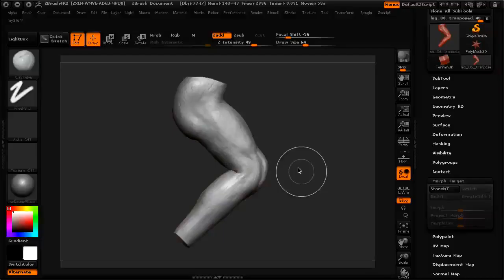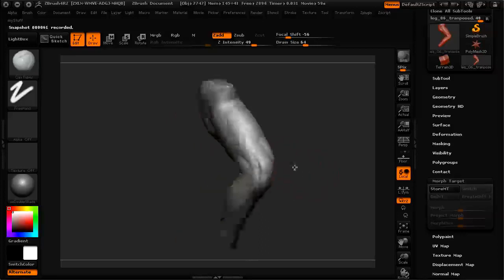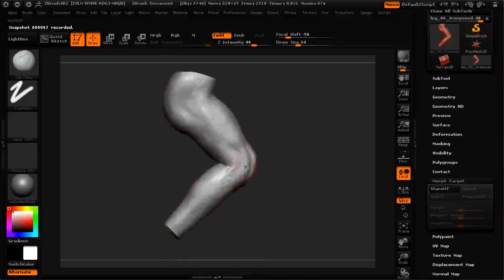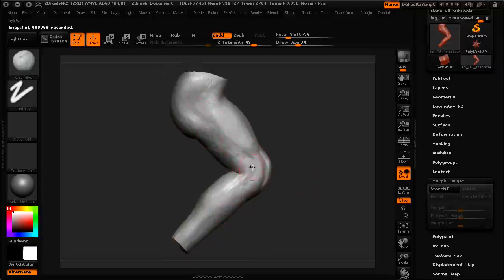This little how-to is about morph targets. Morph targets are really useful when you start to articulate joints. In fact, I've been using them behind the scenes on some of the other projects in this course, where we articulated the shoulder and the arm, because they're very useful for taking a snapshot of your mesh before an articulation and giving you the ability to quickly switch back and forth between your posed